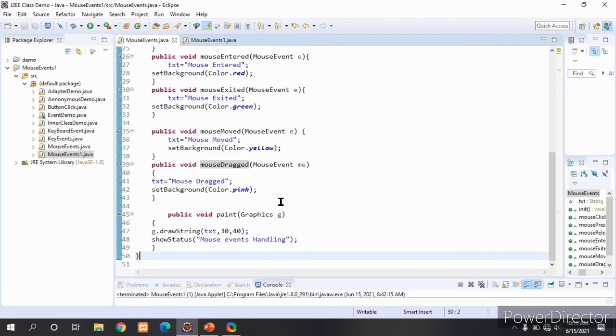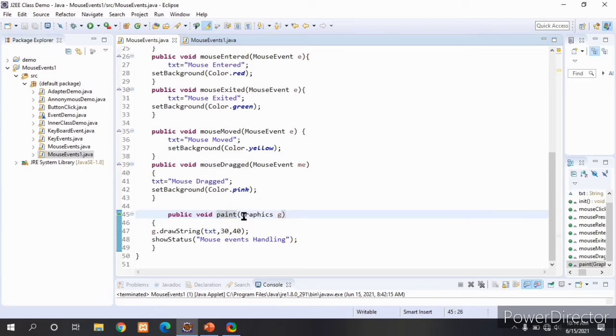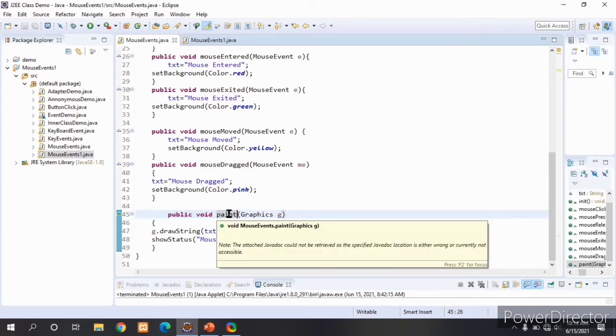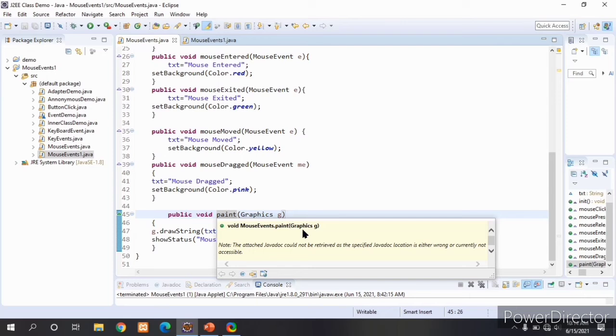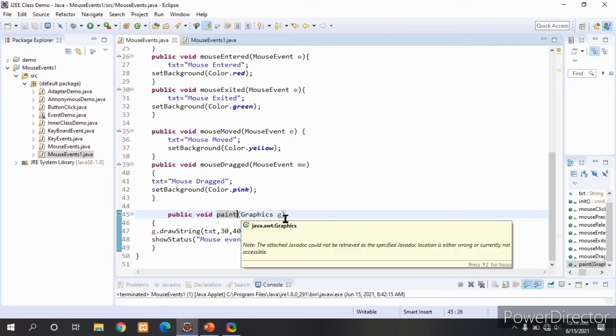Here we are printing some message, and for that we are writing a paint method. This paint method gives us access to a Graphics object. See here, it is taking one parameter, Graphics g.